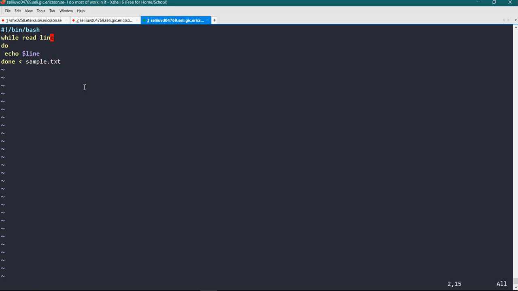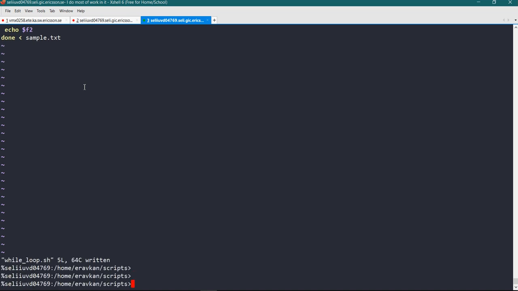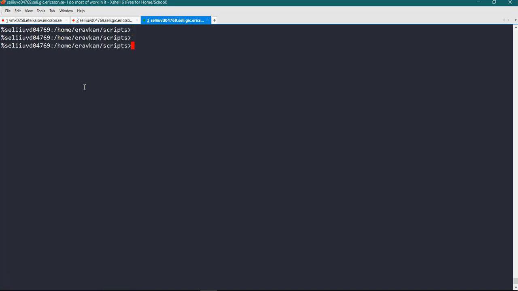Now by using this, I can specify field names also here. So if I specify F1, F2 and F3 as field names, and in my file I want to print F2, here $F2. Basically I want to read the second field.